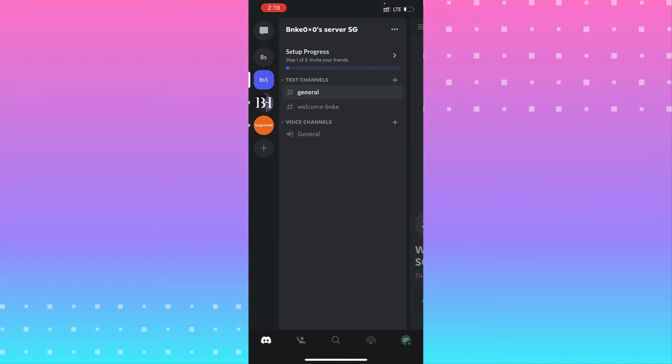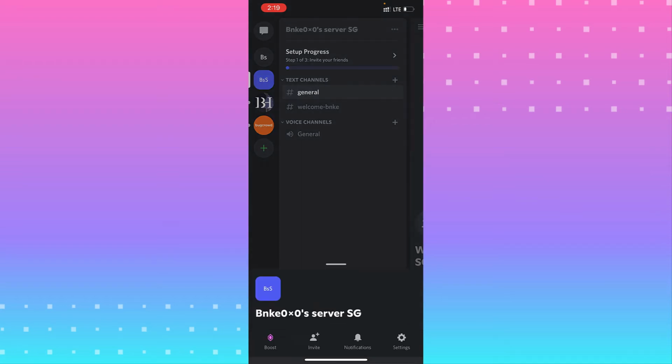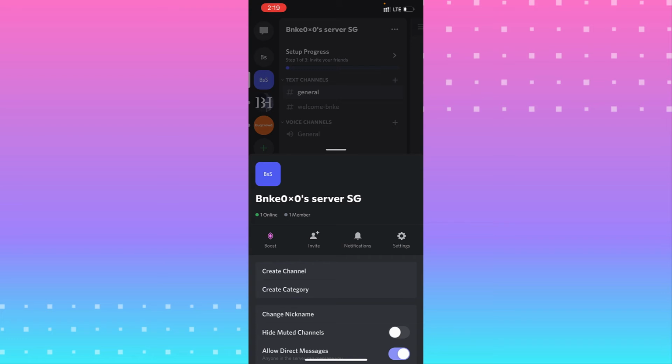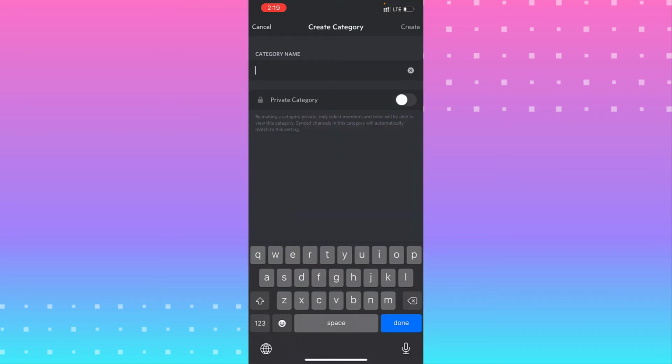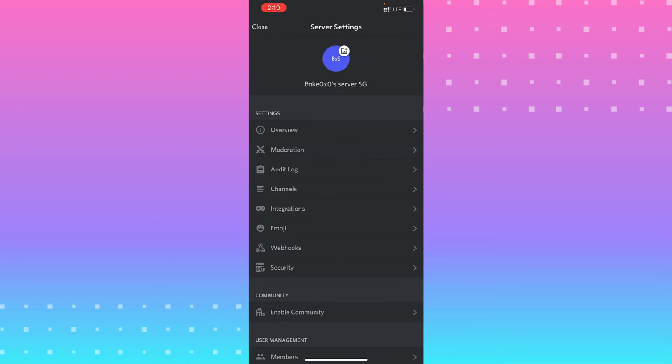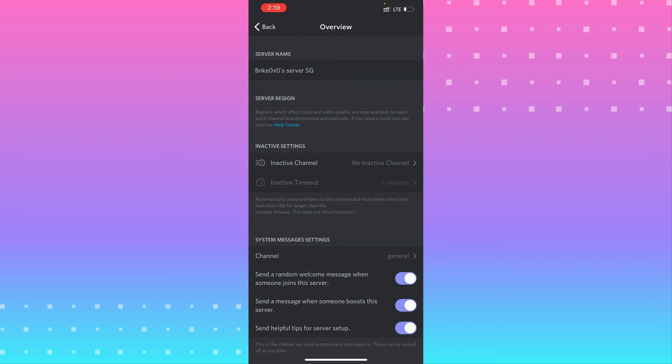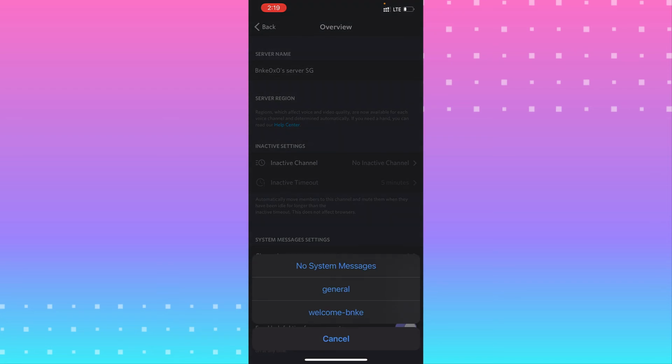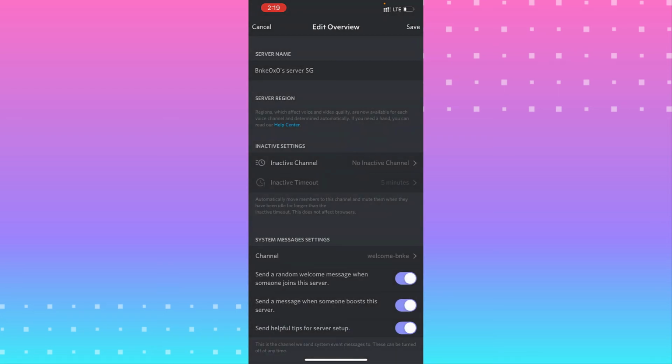Go to the three dots in the top right, hit on it, and go to settings. Go back and go to settings. From here, go to under settings, go to overview. From there, you see under the system message setting, click on it. You need to customize the welcome message and hit save